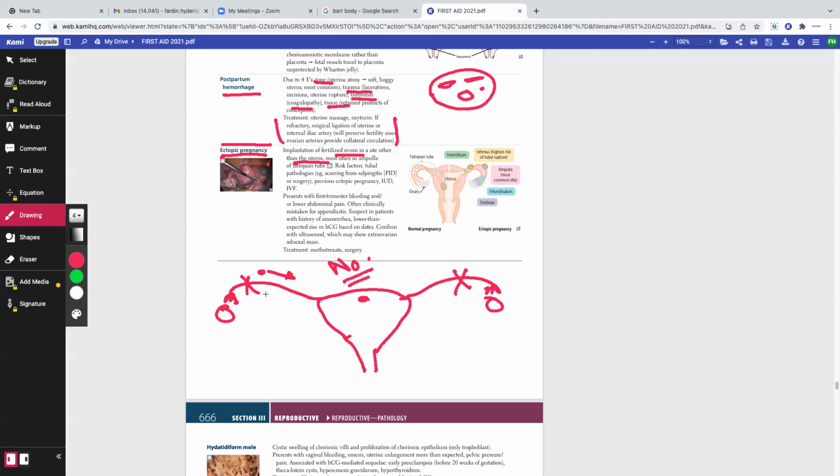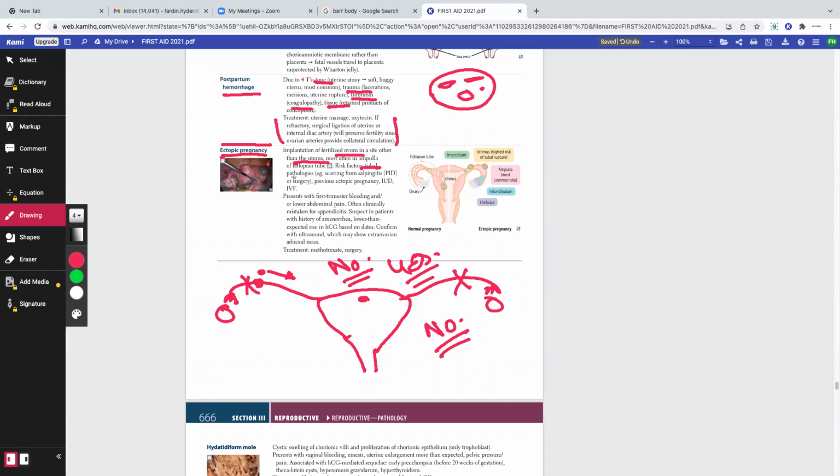In that case, can the zygote get implanted in the ampulla of the fallopian tube where they were fertilized? The answer is yes. And if they start to grow at one point, do you think that the fallopian tube can host a full pregnancy? The answer is absolutely not. So at one point when the fetus starts to grow, can the fallopian tube rupture and cause excessive internal bleeding in the mother? Yes or no? The answer is yes.